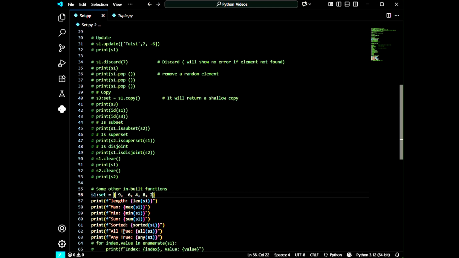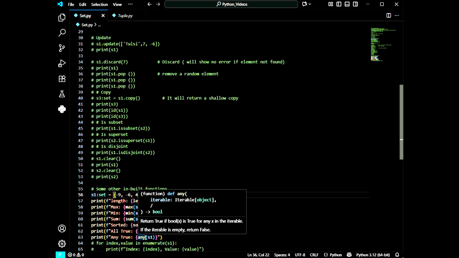and I have used the all function to check whether any element present in the set is 0 or not. If any number stored in the set is 0, then it will give us false, and if no number is 0, then it will give us true. And what about the any function?